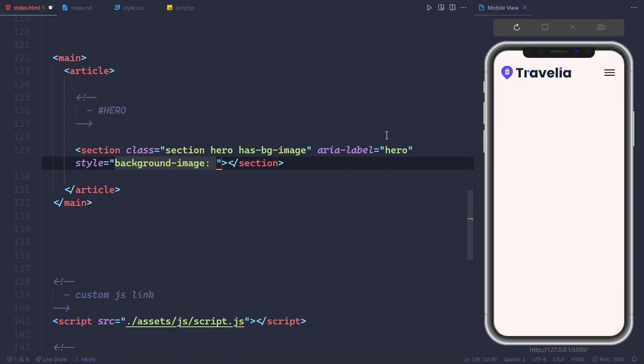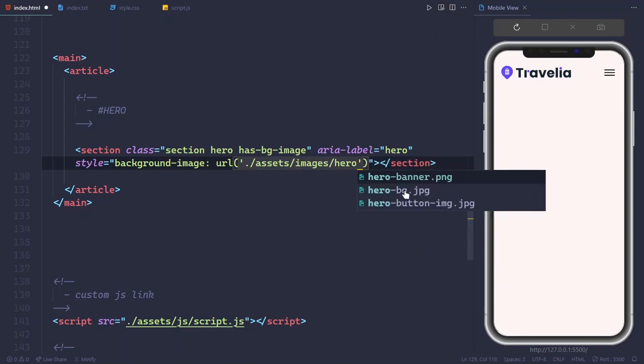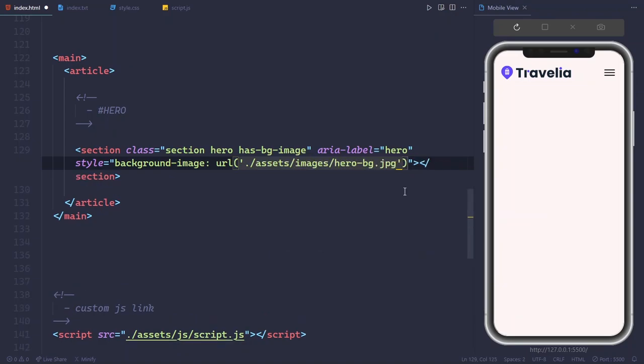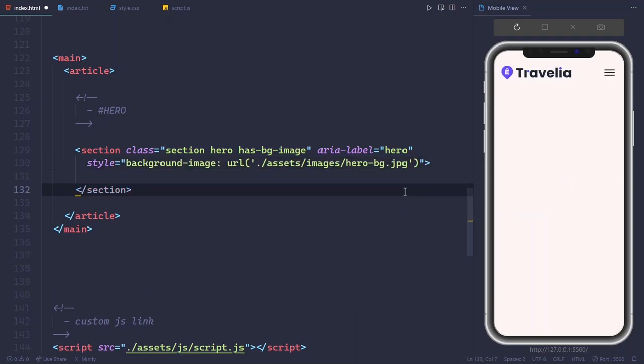This is inline CSS, so set the URL and select the path hero bg. Alright, so inside the section as well as container,